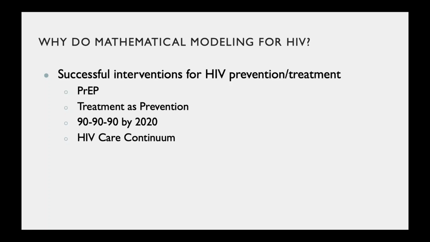And again, these are the types of estimates, the reason why there's certain goals that we have is because somebody did a model to where they could figure out that, okay, if we had these types of figures of 90% for this group and 90% of that group and et cetera, then we could reach this goal of preventing X number of cases of HIV by this time period. And so these are the types of real world examples